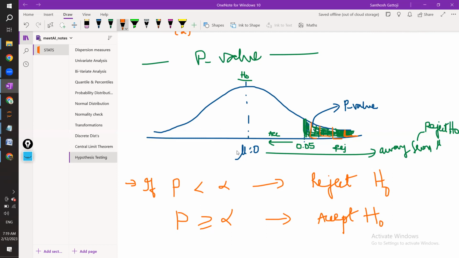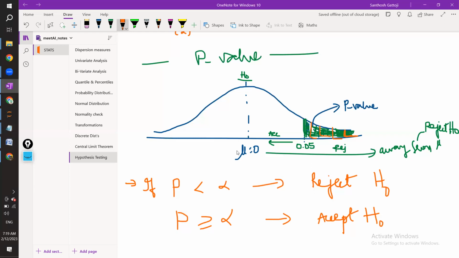Yes, sir. But Santosh, I have a small doubt. For example, if it is 10%, instead of 0.05, if the p-value is greater, then the rejection area will be more, right? The green colored part will come closer to the left side. So in that case,